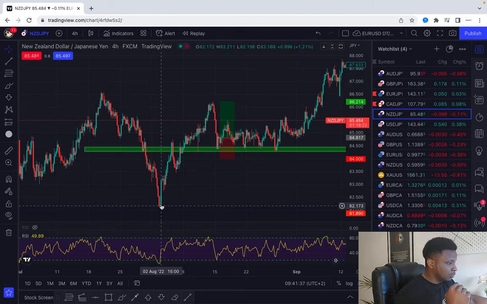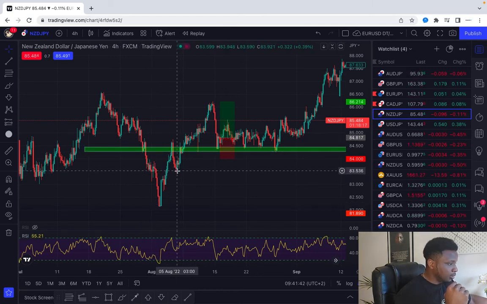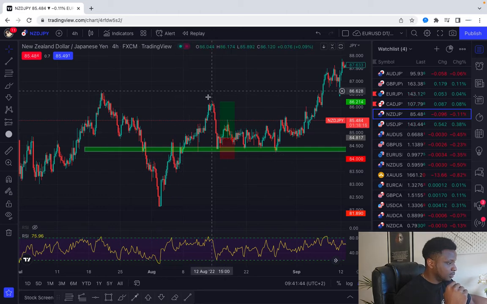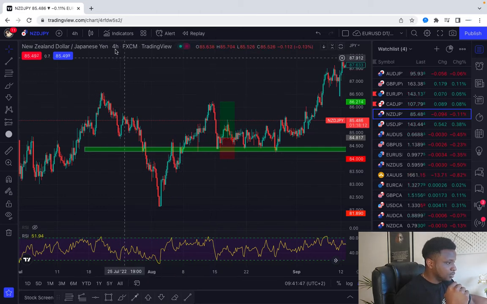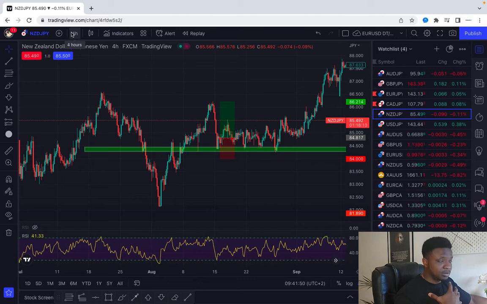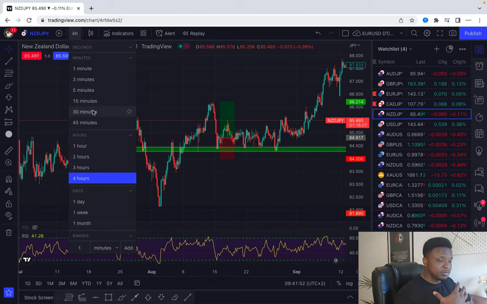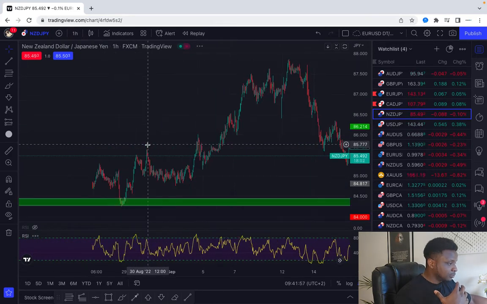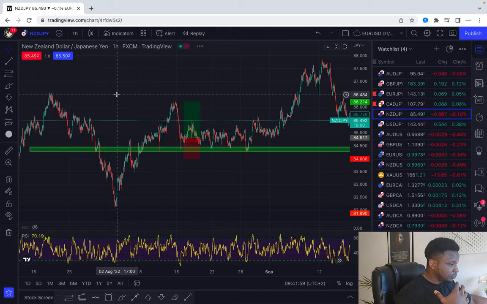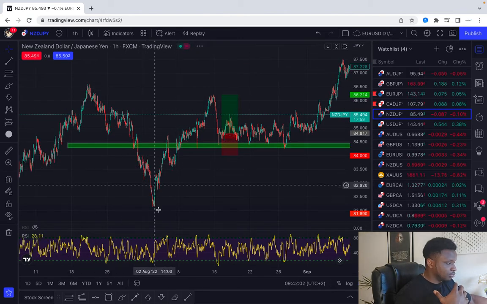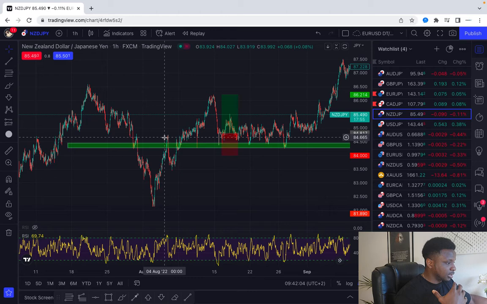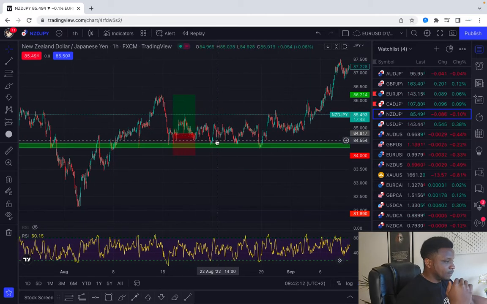Right. So the market broke to the downside, retraced, put in a higher low, broke to the upside, and then came back down, right? So now, because I'm a swing trader, I'm looking at the higher time frame to determine the trend, but then I'm dropping to the lower time frame, which is the hourly chart, to find the reason for entry. Now you can see this is the trend that broke to the downside, and then we put in a new structure high, outside return, new structure high here, outside return, and then a new structure high, then an outside return. Again,